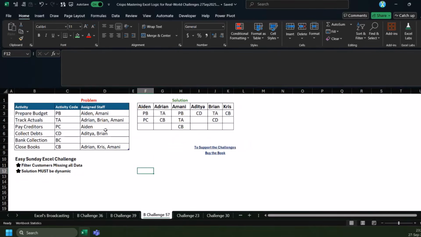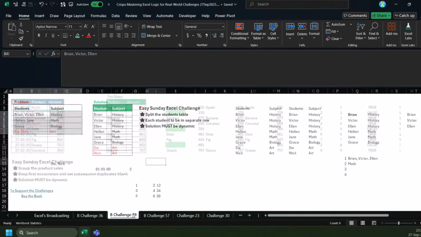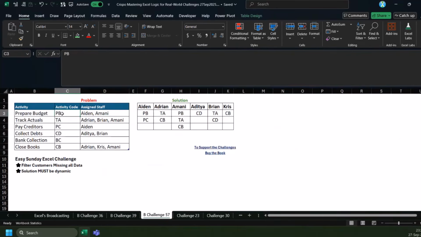Now, so this one, we have activity here, and then we have two activity here, and then again, this is the student. This means to do this one, we have to know which staff have activity, and then this is almost the same as this part, except that we have to broadcast this part to match with staff here. So use the same